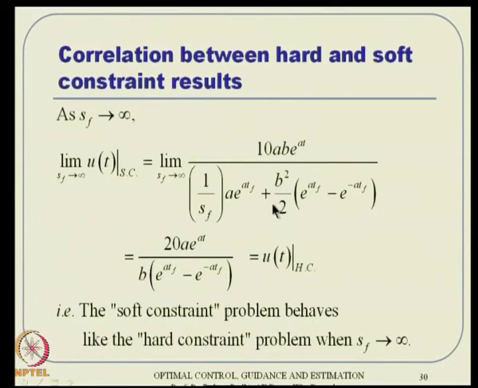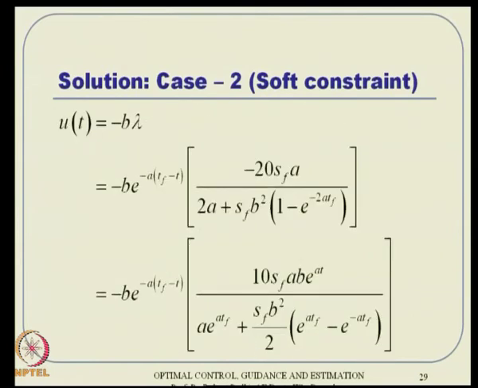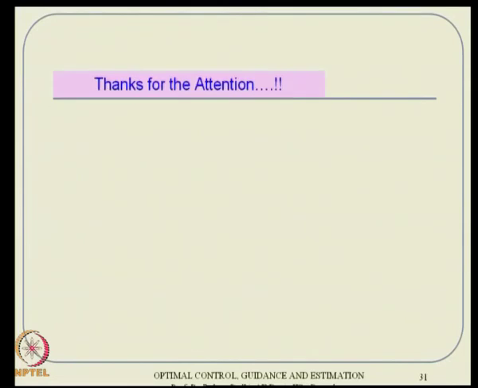Alright, I think these two examples will give us some ideas of how we handle this, both in terms of the Riccati equation as well as in the hard constraint and soft constraint sense. Much more on LQR control, extensions and proofs, all that we will talk about in subsequent lectures. That is all I want to